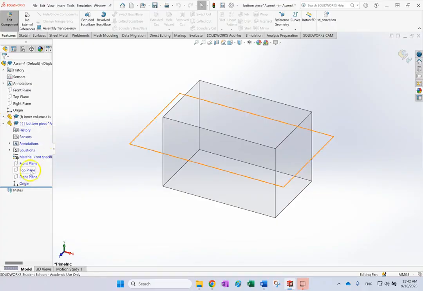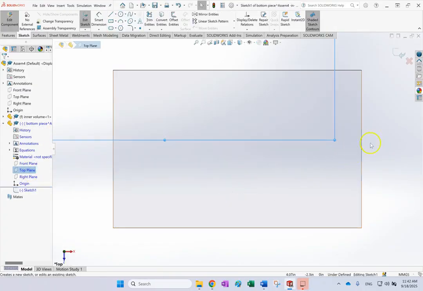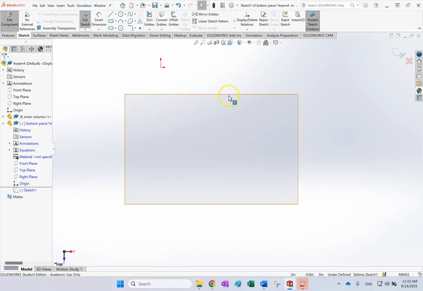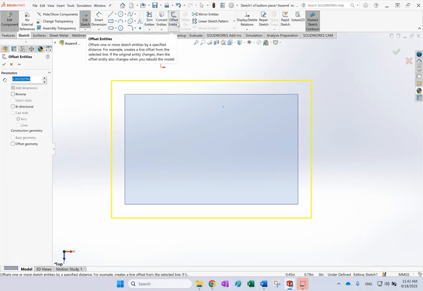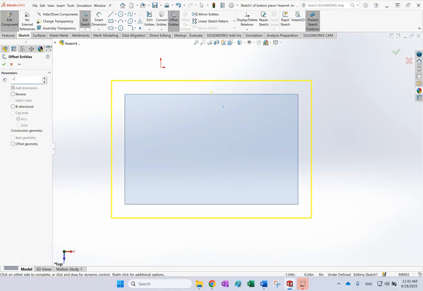So let's say I go to the top plane and start to sketch. And so here I pick the object and then I use the offset. And this offset should be equal to my cardboard thickness, right? So if I ask here to go with t, it's not going to do it, okay? So offset entity does not allow using a global parameter. But right now I can just type in any number, let's say 4 or 5 or anything, okay? And you should get rid of the equal, of course, so just 4. But